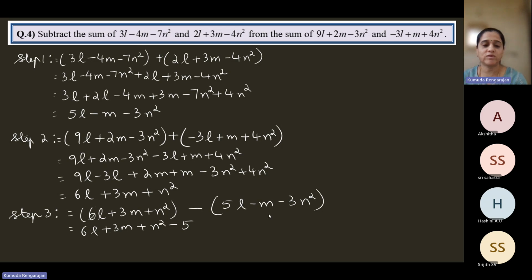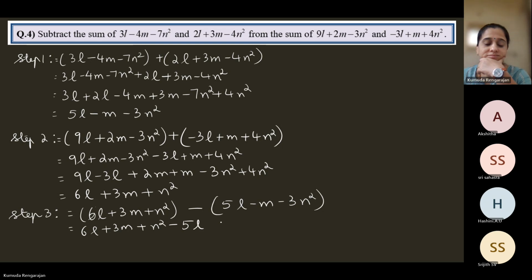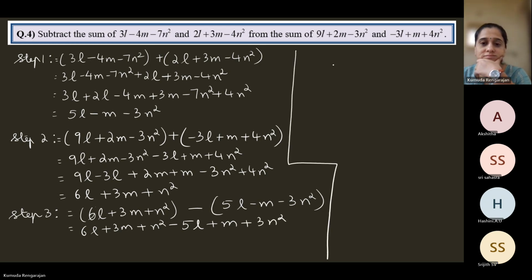Why do you write 3N square first? You tell me, look at the screen, don't read from your book. Okay, ma'am. Minus 5L, ma'am. Plus M, plus 3N square, ma'am. Okay, then? Then